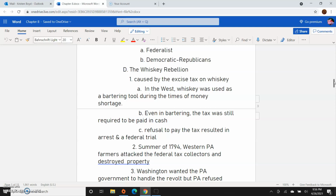So when the federal government sent their tax collectors and their federal officers to start collecting this tax, these federal officers were met with resistance to the point of where the farmers in Western Pennsylvania attacked and burned down property. They actually tarred and feathered, and that may not be a practice you're familiar with, Howard,